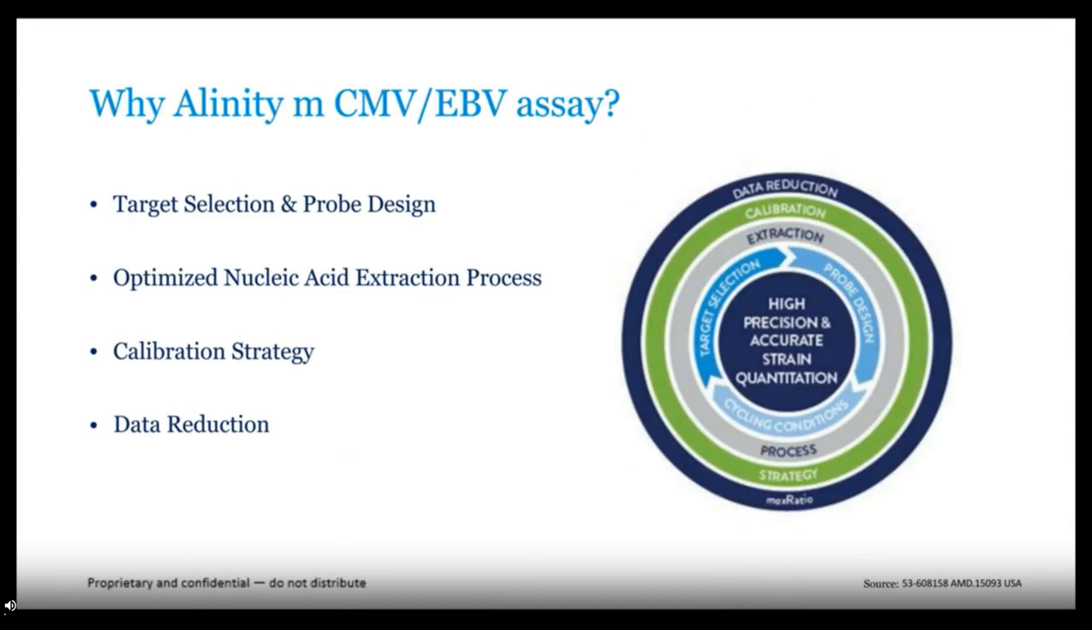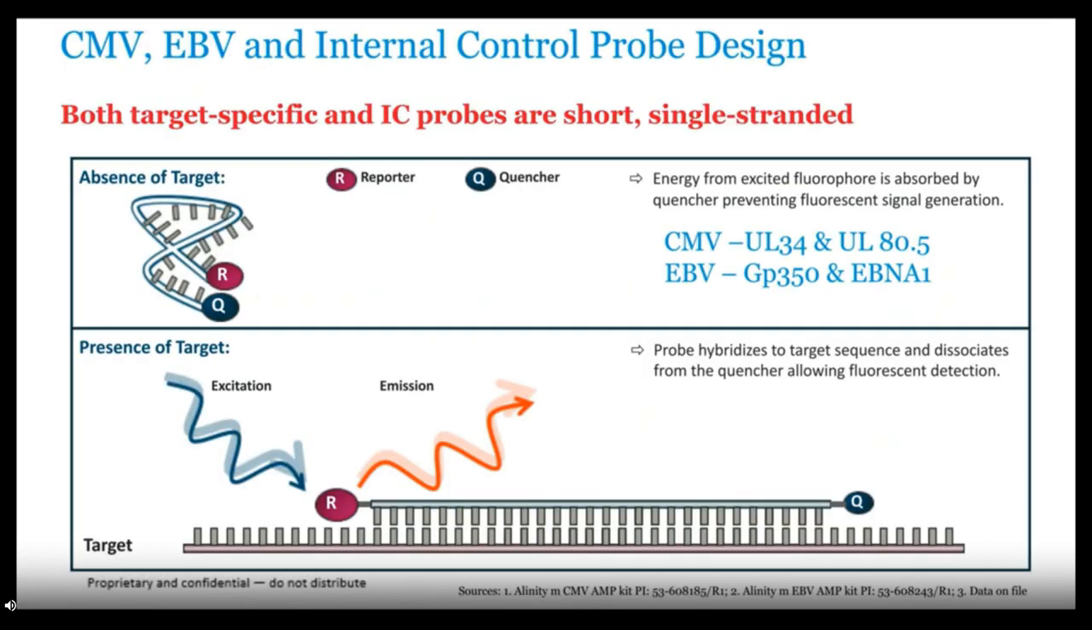Why choose the Alinity M assays over some of the other assays that might be on the market? Target selection and probe design, optimized nucleic acid extraction process, and the calibration and data reduction strategies that the Alinity M assays use, and we'll get into that next. So both assays include target-specific probes for CMV and EBV, and an internal probe. The probes are